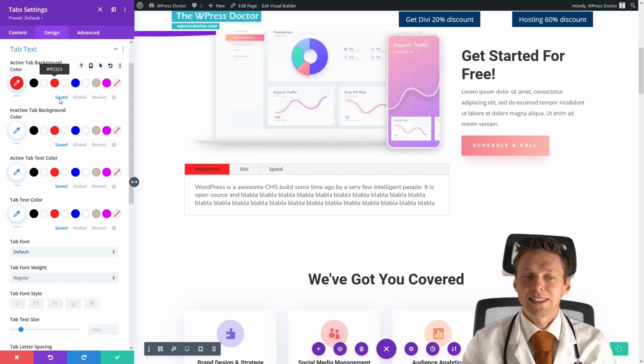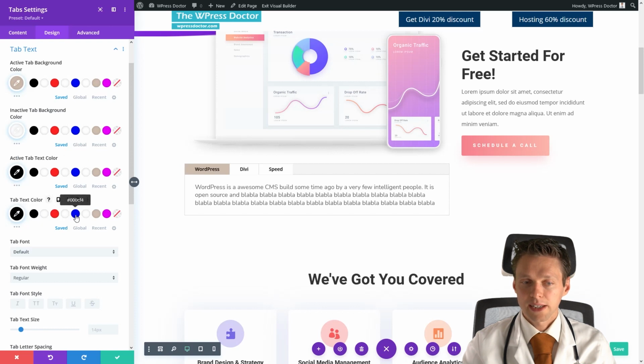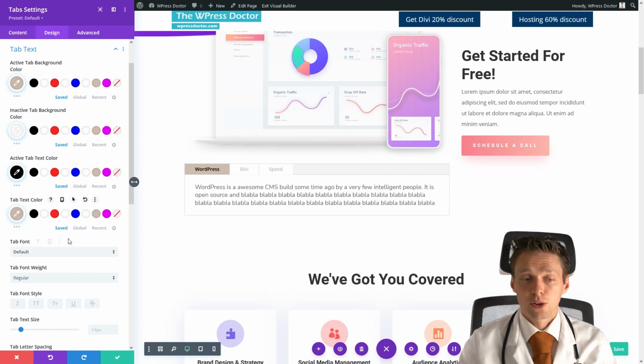You can make the background color of your tab whatever color you want. So let's make it a little bit like this one. The inactive tabs, we can make them white, for example. Tab background color could be black and the tab text color could be black, or you can make them, for example, a little bit grayish like this, so people know exactly where they are right now.